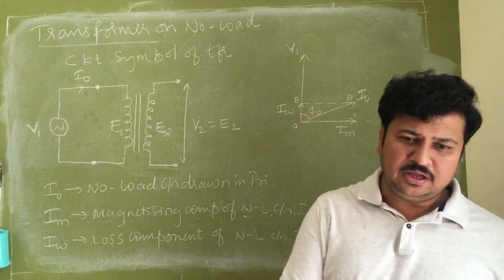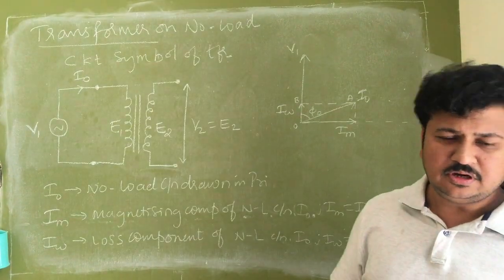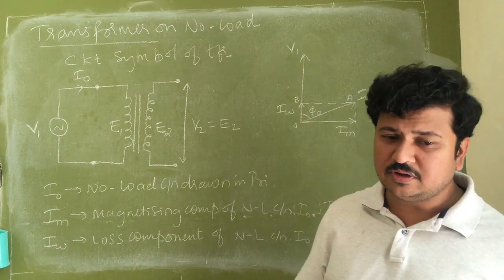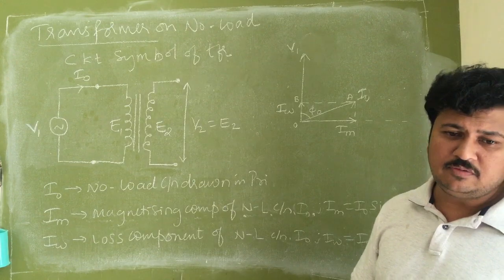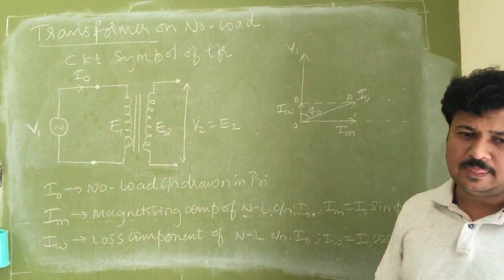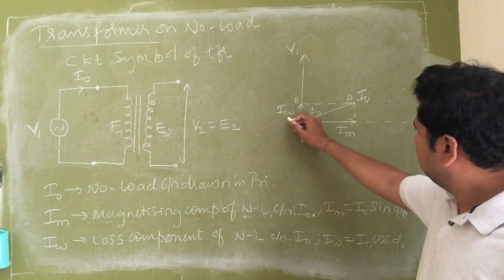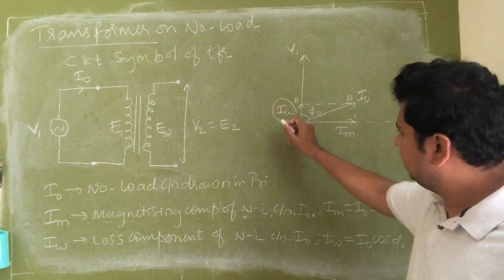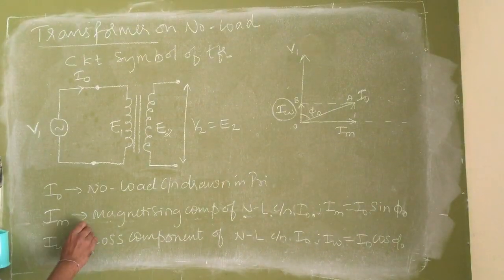When current is drawn by any system, that system is giving some output or doing some work. Now, what is the work done by this I naught? This I naught will serve two purposes. First, the iron loss of the transformer is taken care of. It is the iron loss component,